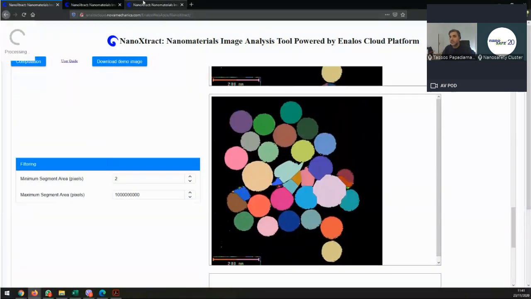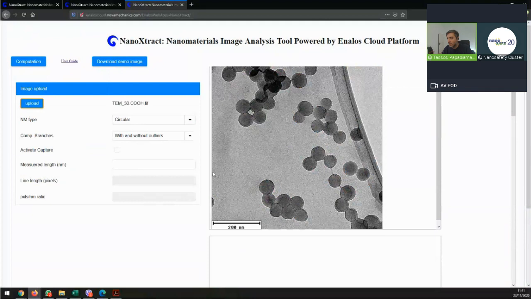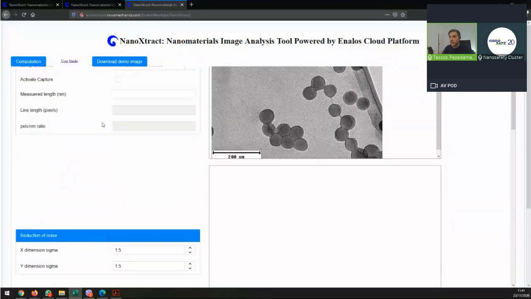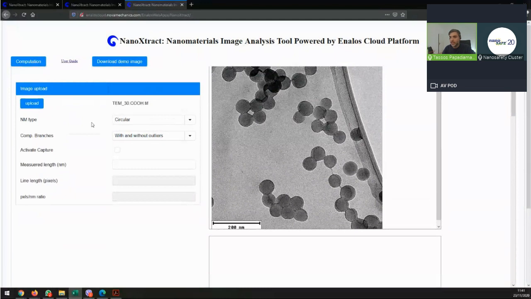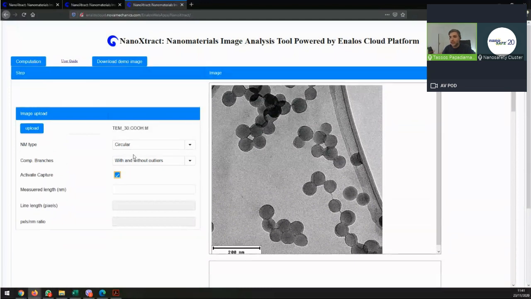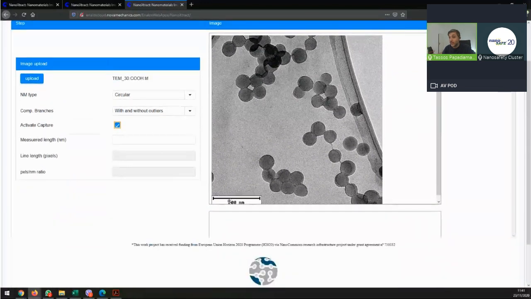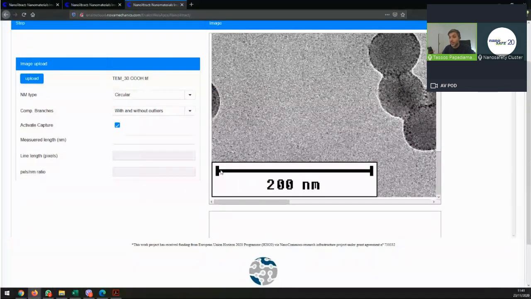Okay, while we play with that, let's see another image. Here you see we have this part here, that's the edge of the sample or something. We have a lot of nanomaterials that cannot be really identified. So what we're going to do here again, we have circular nanomaterials. Again, I cannot stress this enough: be careful with the capturing process.